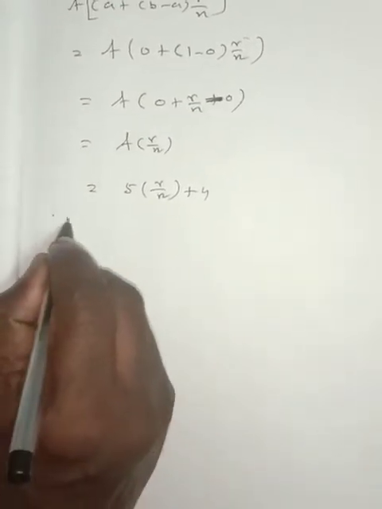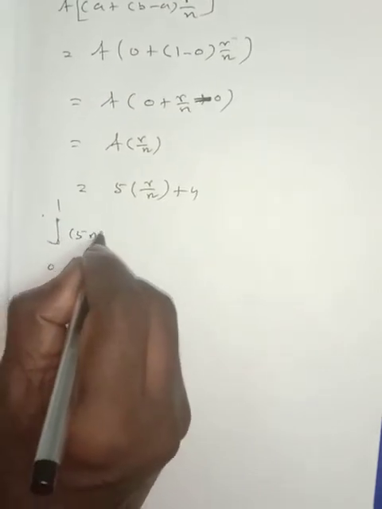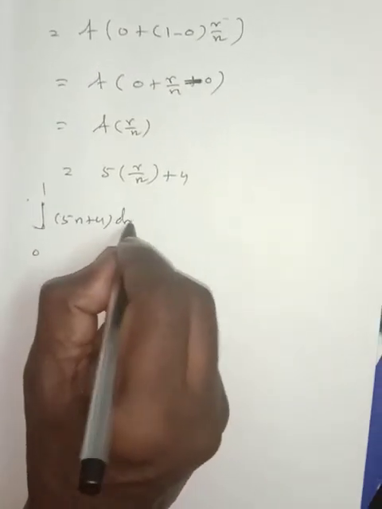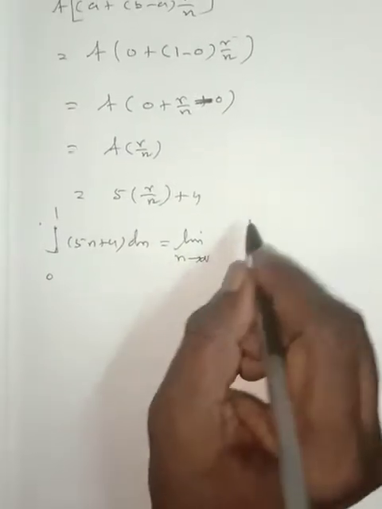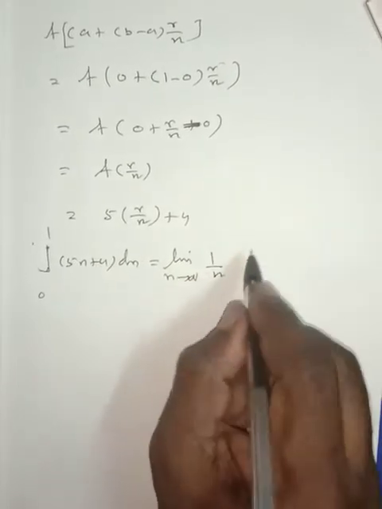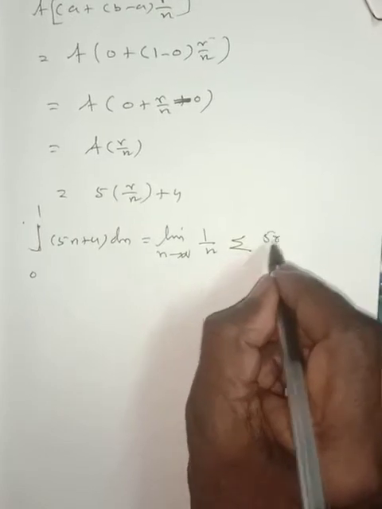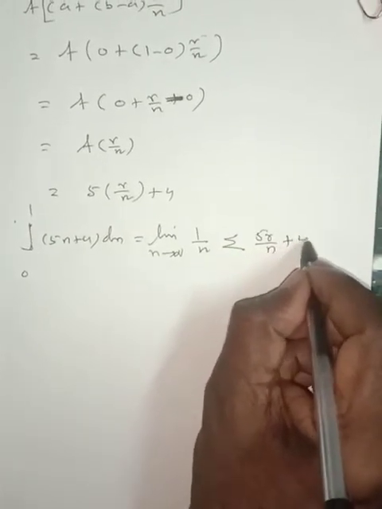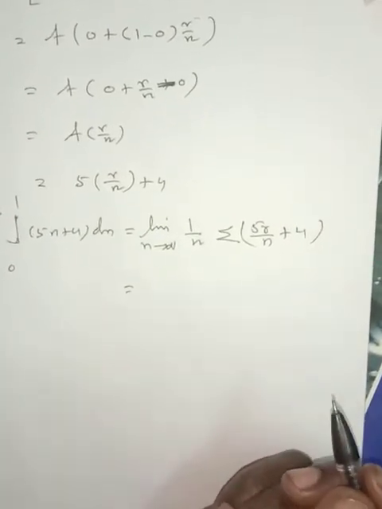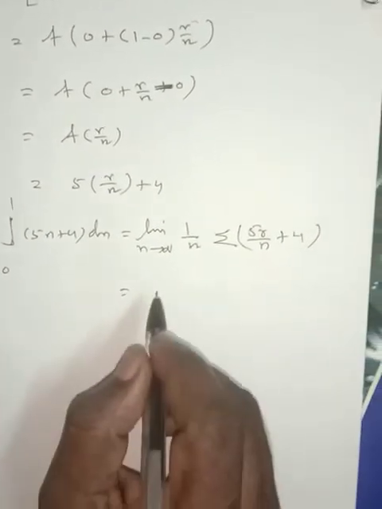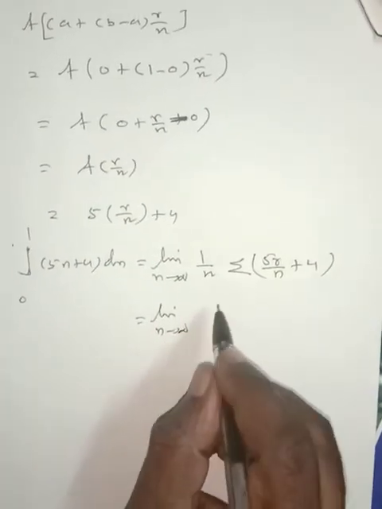Integral 0 to 1 of (5x plus 4) dx is equal to limit n tending to infinity 1 by n, sum of (5r by n plus 4), which is equal to limit n tending to infinity